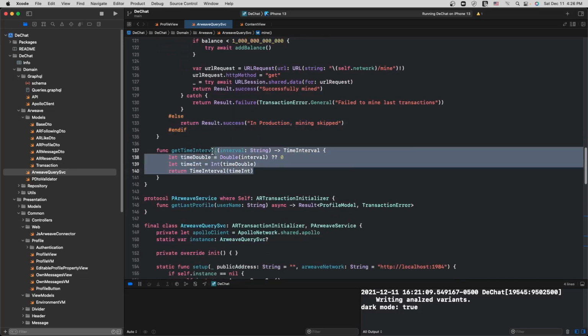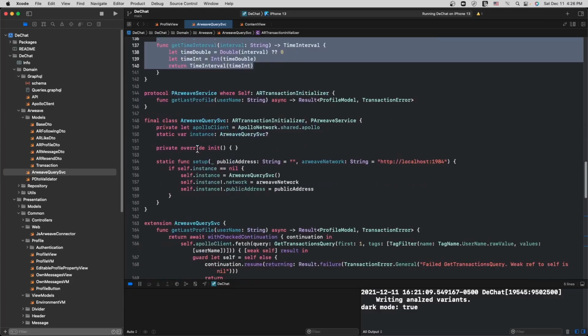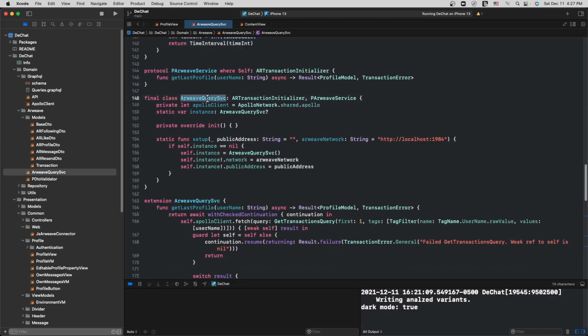And then some time conversion functionality as well. And then we have our main inheritor, the query service itself. And as the name implies, there's no actually posting of data commands in here. That's in a different service that I have, which I'll show you in another video.